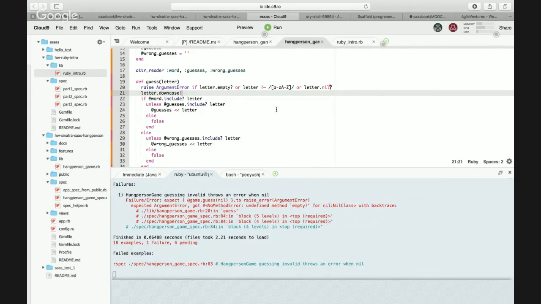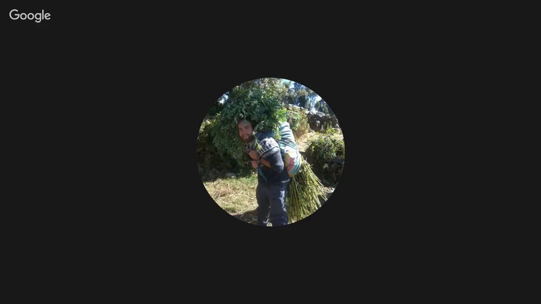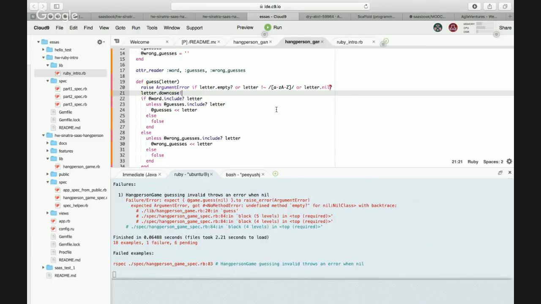An error when nil. I think empty also suggests that it is nil. Okay, but then the test should pass, right? But it is not passing. Expected ArgumentError, got undefined method empty for nil. Oh, you know why? Because they're passing nil now, and this part is failing.